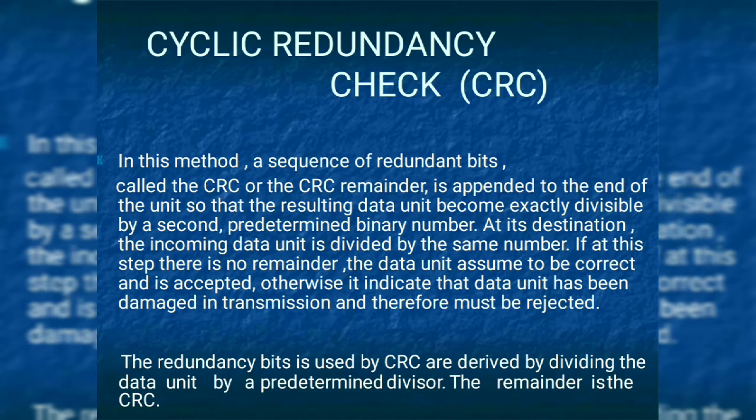So see here, next, cyclic redundancy check. In this method the sequence of redundant bits is called a CRC. In a CRC it is using the remainder method. So what you are doing here is, for a data unit, the data unit is divided by a predefined binary number. If you get some remainder value,